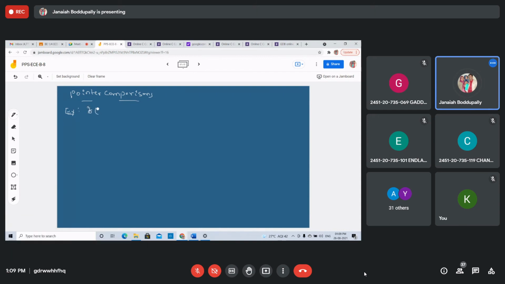If pointer 1 is compared with pointer 2 using the greater than symbol, it has reached the end. If pointer 1 equals pointer 2, this is the same object. I will take one more example program.